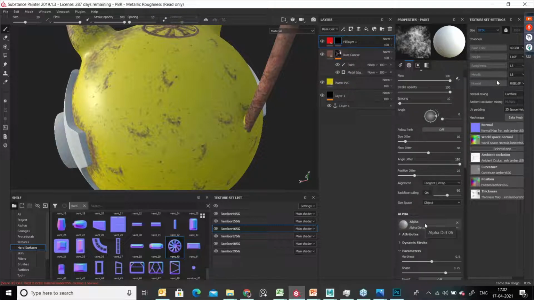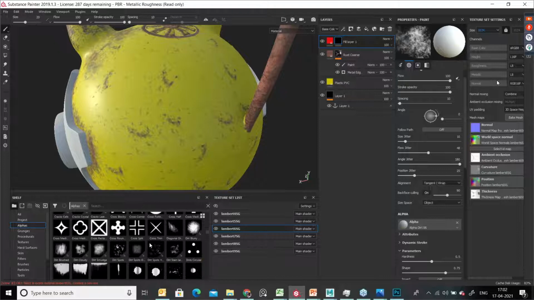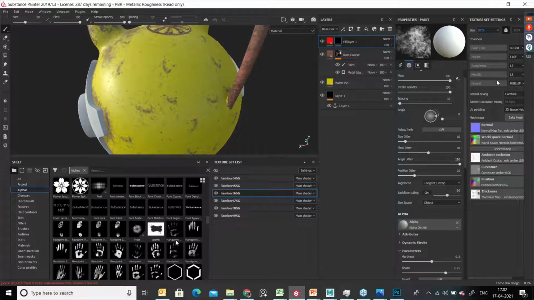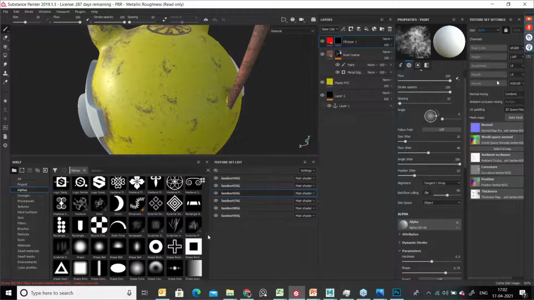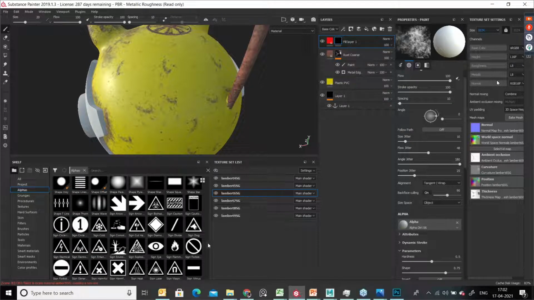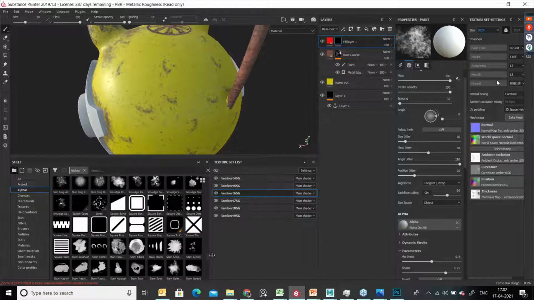And after this black mask, you can try to apply a brush. What kind of alpha brush you want, you can just go to alphas. Here you can choose something that looks like a nuclear weapon or danger. There will be one skull alpha. That skull alpha will be better, or nuclear or something like that you can show.